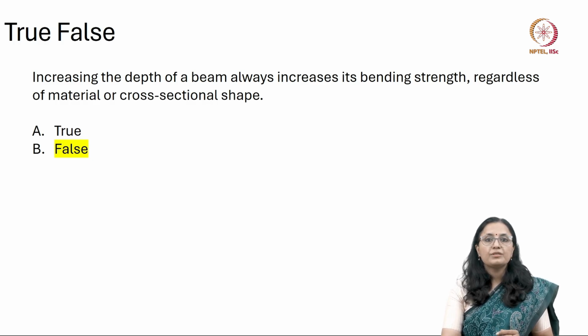And why? Because it might happen that we have a very shallow beam made of a high strength steel. So it may have a greater bending strength than a deeper beam made of a weaker material. Okay. So what does that mean? That 2 beams with the same depth but different shapes, it can be rectangular or it can be I section, can have very different bending strength, right? So the right answer is false here. Sometimes we have seen that in this particular concept also students have certain misconceptions.